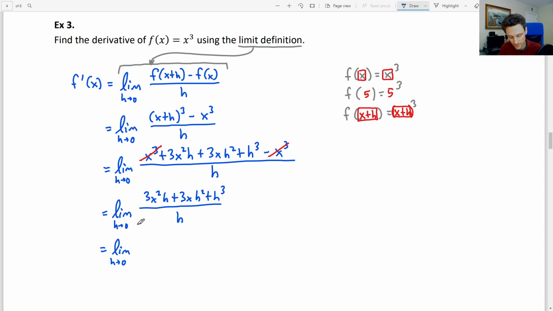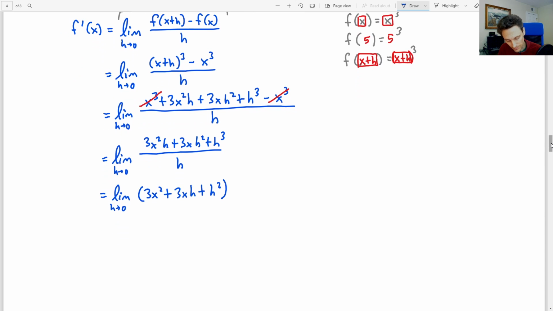One other thing to note is that I'm continuing to write the limit as h approaches 0. We haven't yet plugged in h equals 0. We haven't taken the limit. We still have h's, in other words. I was trying to come up with a bad pun about this problem is taking h's. All right, so